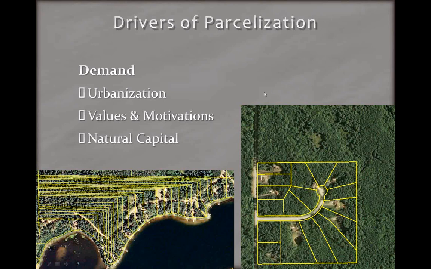The next on the demand side is values and motivations. Today, people want open space. They want elbow room. There's a strong desire for people to own a second home or a seasonal home. That's sort of been ingrained in us. And recreational land, especially for hunting, fishing, and camping, is a growing activity among people. So owning land for an outdoor lifestyle is appealing, and they want that. And part of it is they have the means to do that. People are wealthier now than they have been in the past.